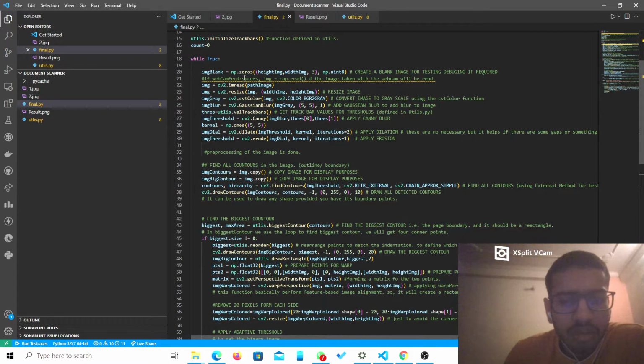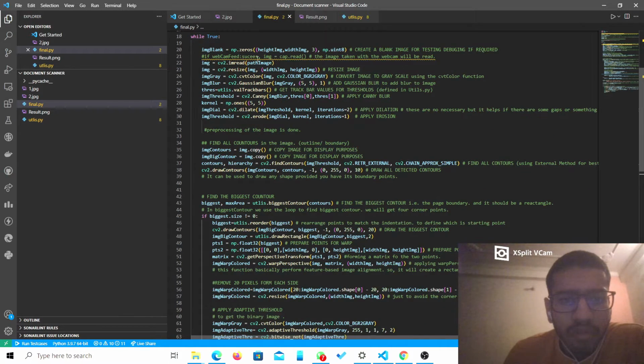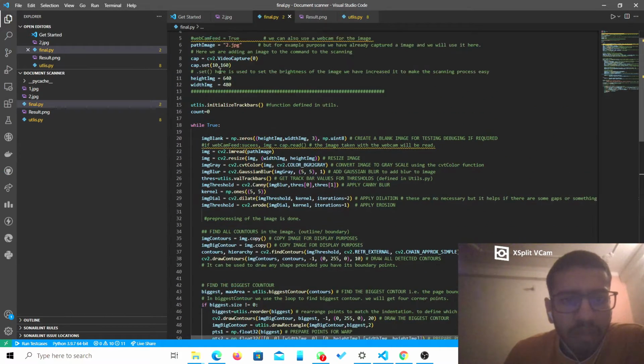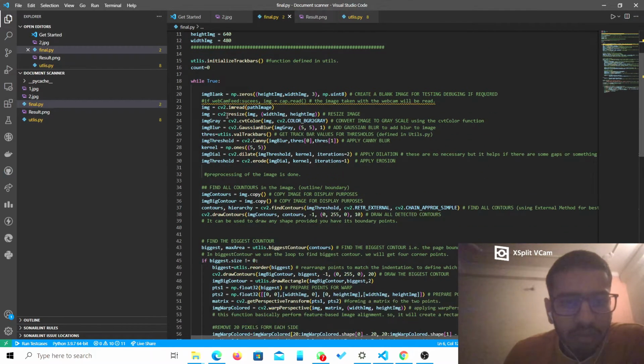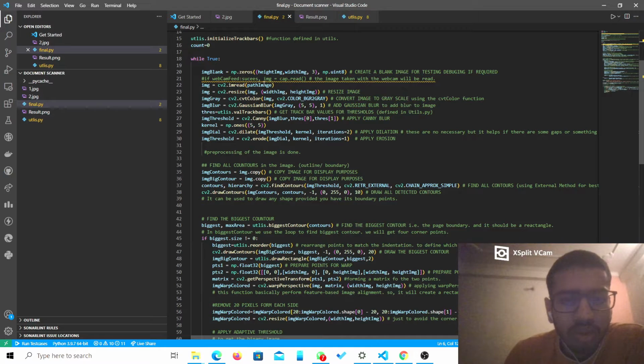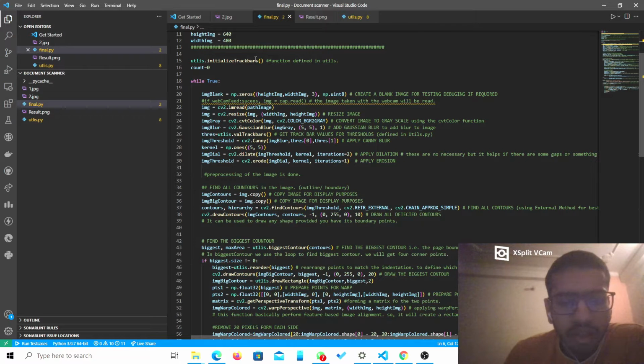After that, if we have taken the image from the webcam, we can uncomment this code, so it will consider the captured image. Otherwise, if we have given the image like here in the path, we can use this code to read the image from the path, and then we will resize it according to the width and height we mentioned earlier.